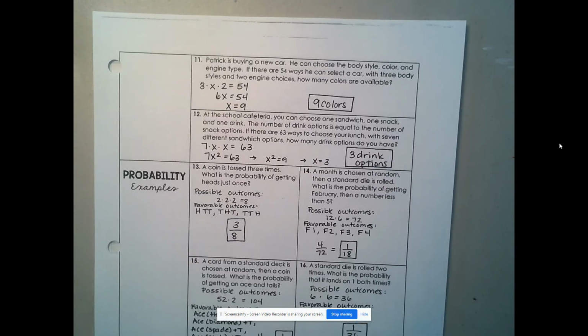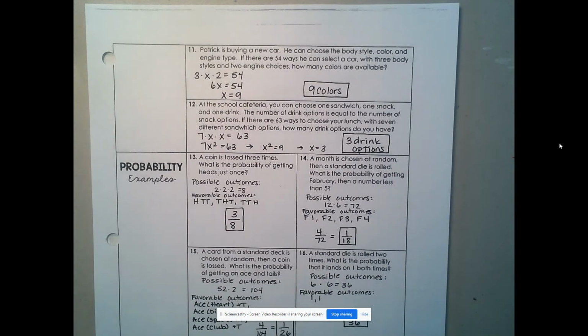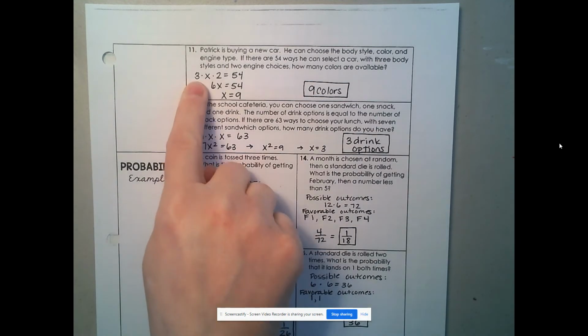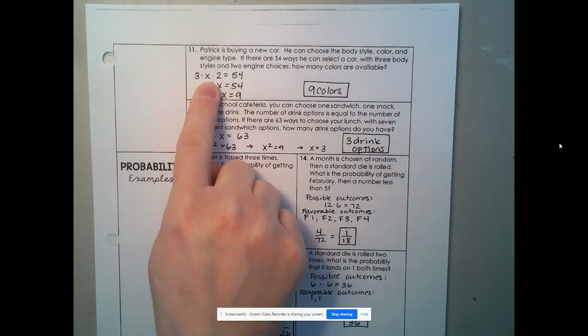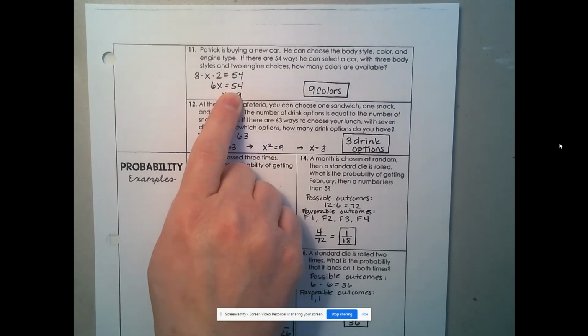And we've got some choices on the back here, or examples. Number 11, Patrick is buying a new car. He can choose the body style, color, and engine type. There are 54 ways he can select a car with 3 body styles and 2 engine choices. So 3 was the body styles. We don't know the number of colors because that's the question, how many colors are available, times 2 engine choices equals 54. And you've got a very simple one-step equation where you divide both sides by 6 and get that